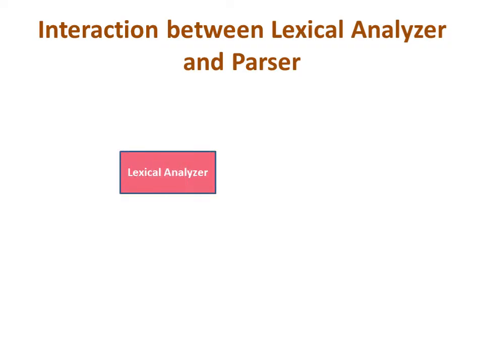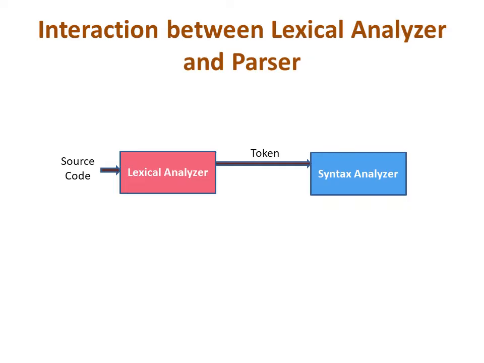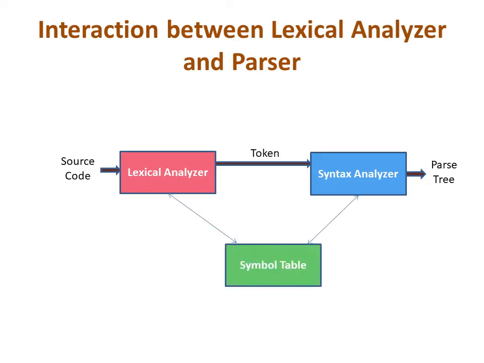So till now we know that the lexical analyzer is a phase that takes source code as an input and generates tokens out of it. So this token is sent to a syntax analyzer for generating the parse tree. This is the flow that we have discussed till now, and you know the symbol table interacts with both the lexical analyzer and syntax analysis phases. The symbol table is useful for storing all the identifiers. So whenever an identifier is encountered in the lexical analysis phase, the entry for the identifier is made in the symbol table and it is passed to the syntax analysis phase. Even the syntax analyzer interacts with the symbol table for getting the values. So these things we have discussed till now.